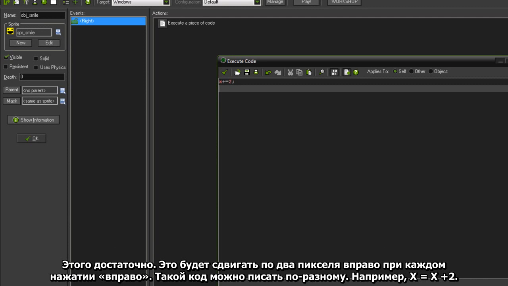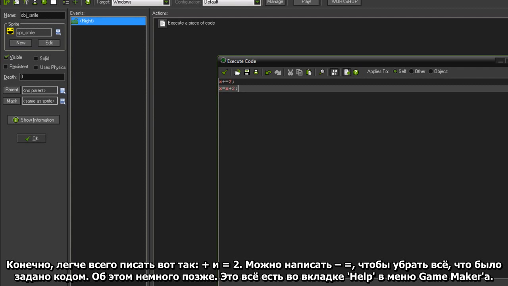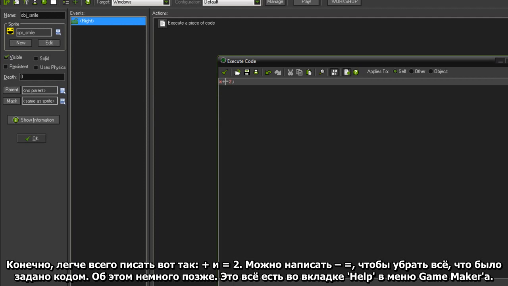Pretty much that's all there is to it. That will move us 2 pixels to the right whenever we're holding right. There's different ways you could write that. You could say x equals itself plus 2, but the easiest way to do it is to do what I just did, which is plus equals,